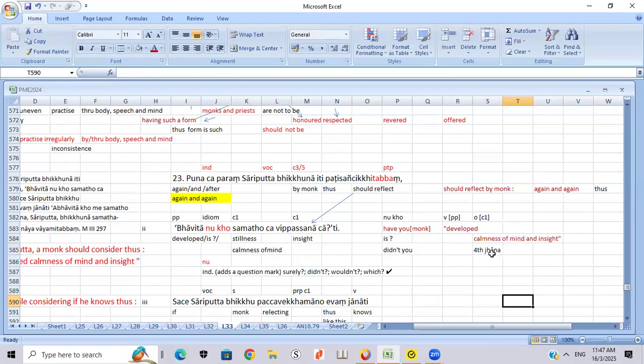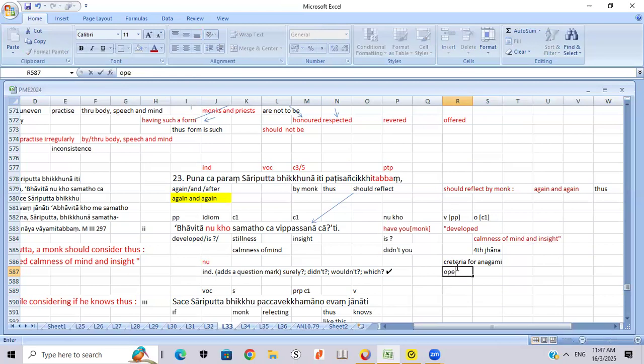So when you reach fourth jhana, it is the criteria for anagami. Fourth jhana is a criteria for anagami, and at fourth jhana the mind opens up,